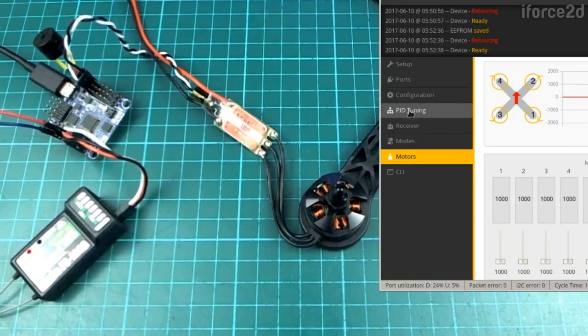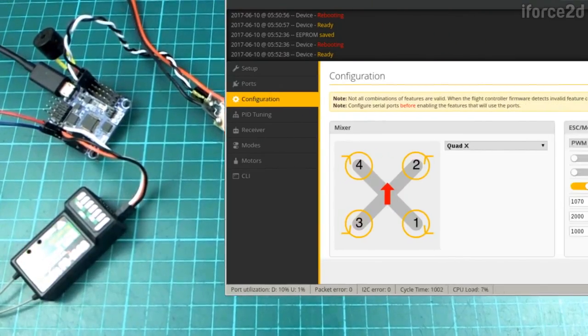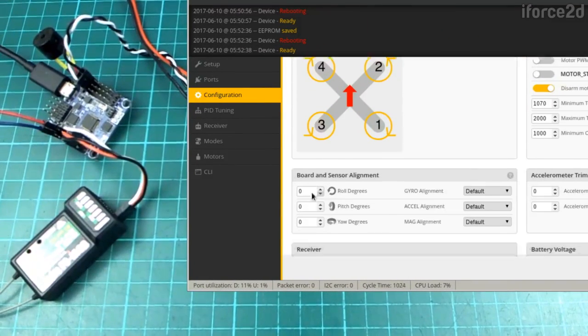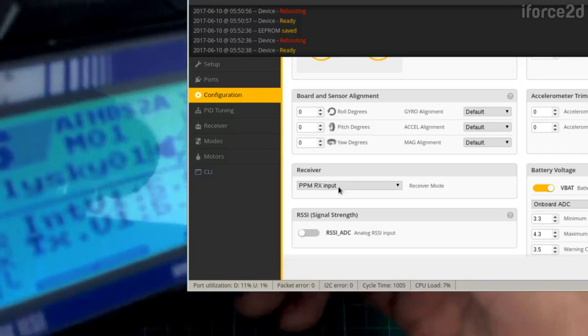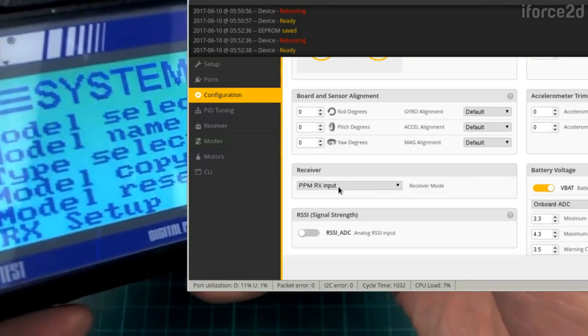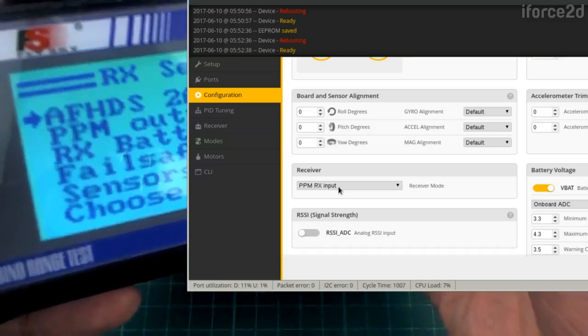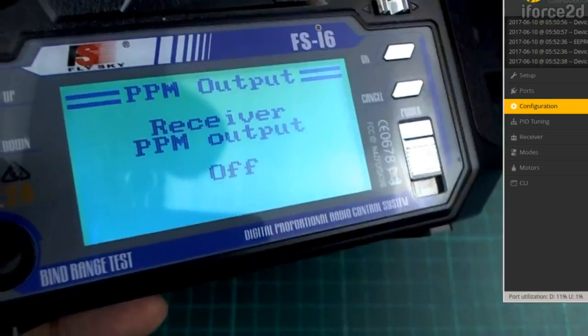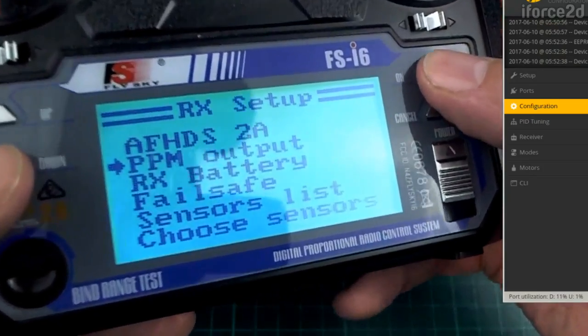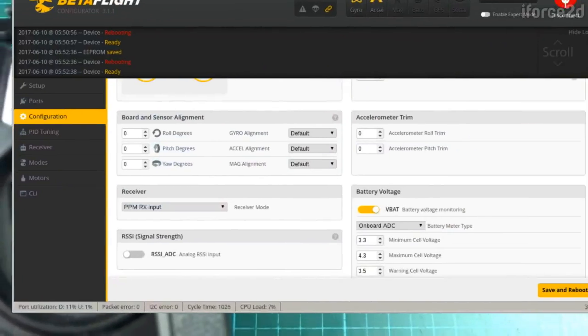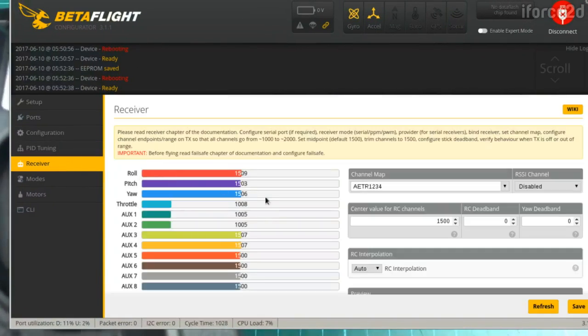And on the receivers, if I just go back to that configuration tab, I have my receiver set to output PPM, and I have selected PPM RX input on the flight controller side, and of course on my transmitter I also had to set that up as well for this particular transmitter. So I have PPM. Why is it off? Whoops. Okay. So PPM output is on, and now if I go to this other tab called receiver,